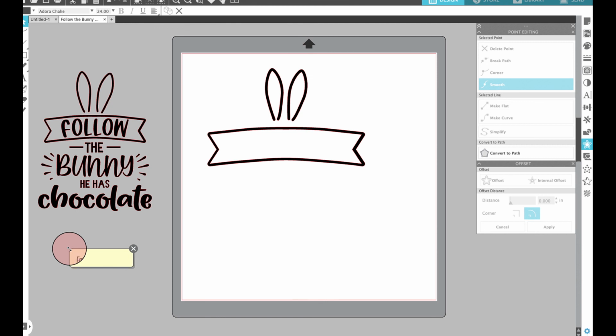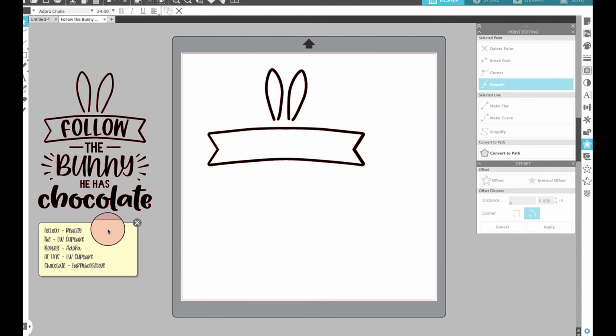So what we're going to do is type here, follow, and I know that that is going to be with the font Reality. I happen to know, and this is because I've done it, is Lori Whitlock LW Cupcake. Oops. Helps if you put your fingers on the right keys. Also, Bunny is Adora. He has is again Lori Whitlock Cupcake. And Chocolate is Farmhouse Love. So this way I have all of my